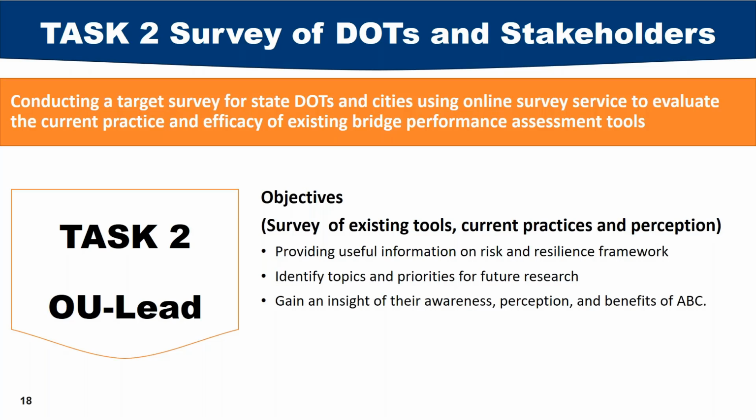It also took some time to get approval from the IRB before we could distribute the survey. The idea was to document, through the survey, the current practice on the assessment of risk and resilience of bridges to natural hazards and man-made hazards. There are a total of 15 questions, and in order to keep the survey to a limited time, we have provided multiple options. As much as possible, these are multiple-choice questions. So there are 15 questions altogether.